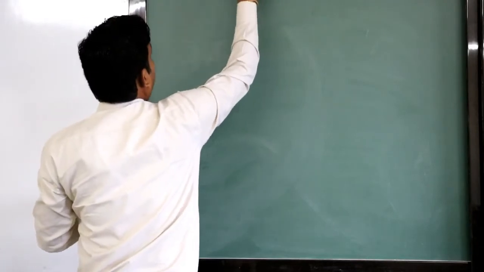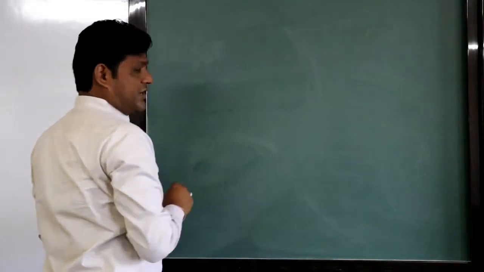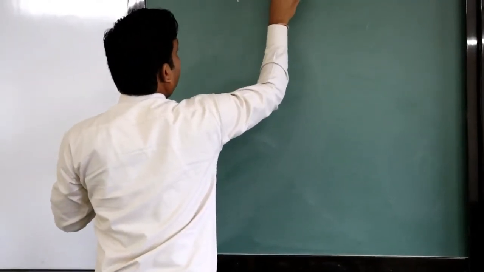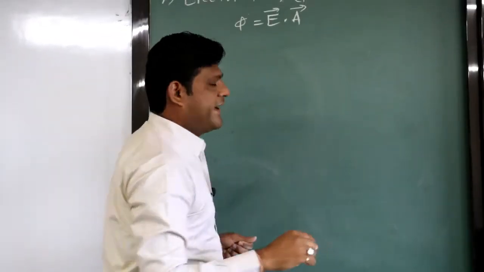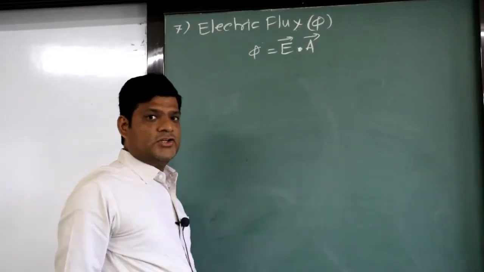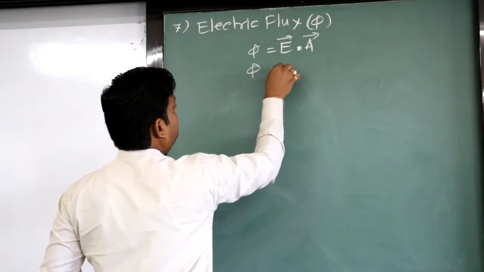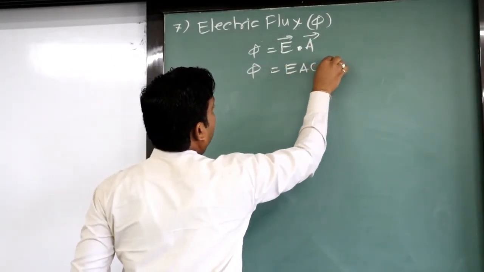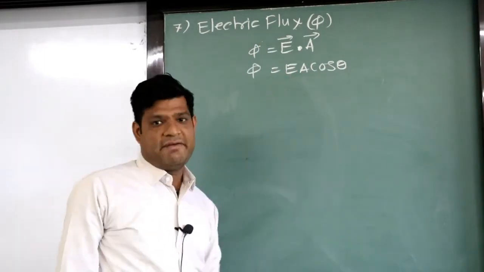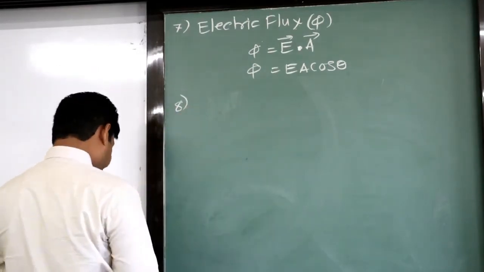Electric flux denoted by letter phi. So what is the formula for phi? So phi equal to E vector dot A vector. As we know that the dot product of the two vectors is always scalar. So phi is scalar, that we have studied. Also we can write phi equal to E A cos theta. Theta is the angle between electric field and area vector, right? That we have studied. Next we studied Gauss law,